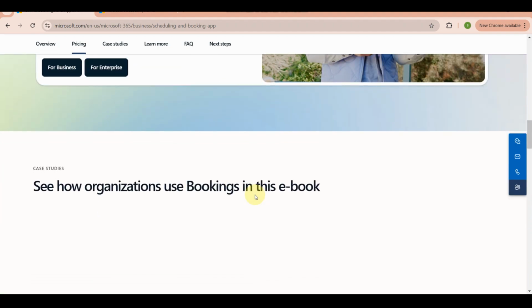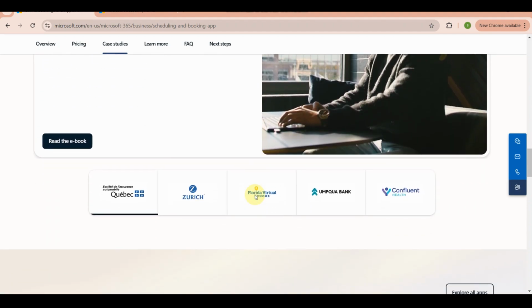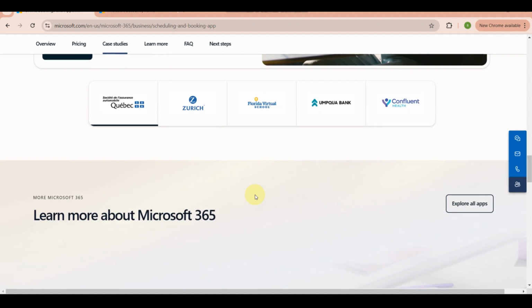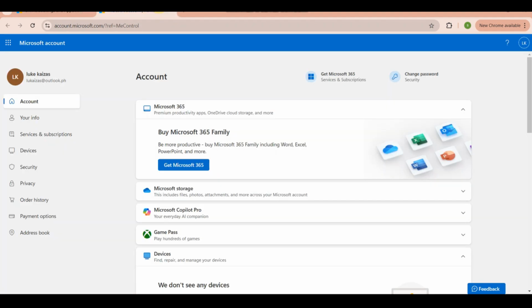So of course, the first thing you need to do here is visit the Microsoft website. You need to search for Microsoft Bookings. To start using Microsoft Bookings, you need to follow the steps. So of course, you need to see here